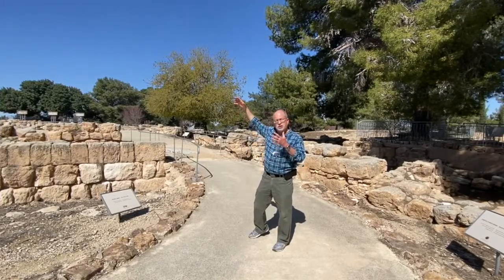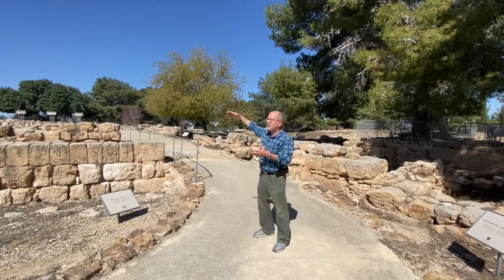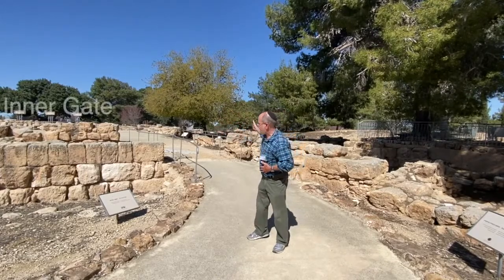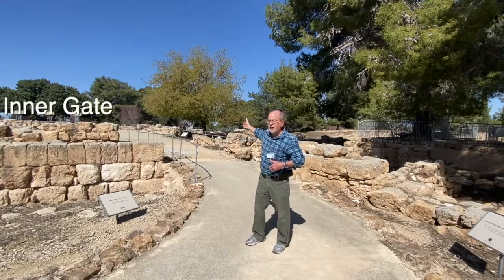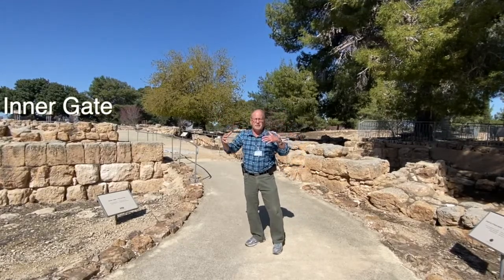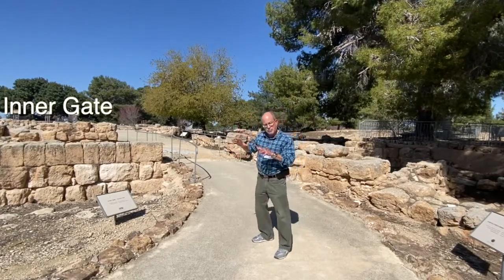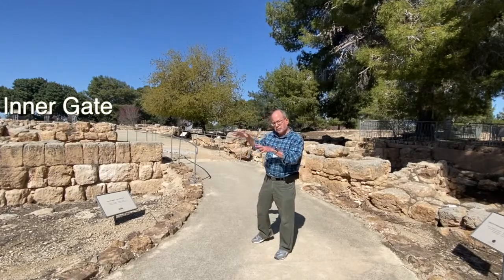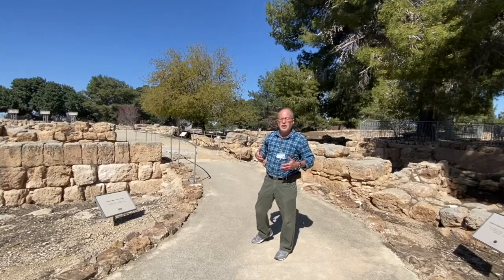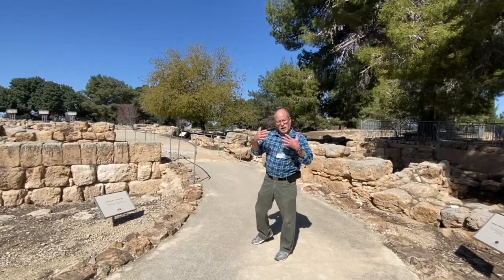Because this is so strategically important, sitting on that road south of Jerusalem on the Patriarch's Way, it's been a fortified position and an administrative center. What we're looking at here is the entrance to an inner gate of a palace complex. There's a bit of a debate, as in most things in archaeology, as to exactly what the site was used for, but we know that in the latter part of the First Temple period especially, going back about 2,700 years ago, this was a very important administrative center in the tribal area of